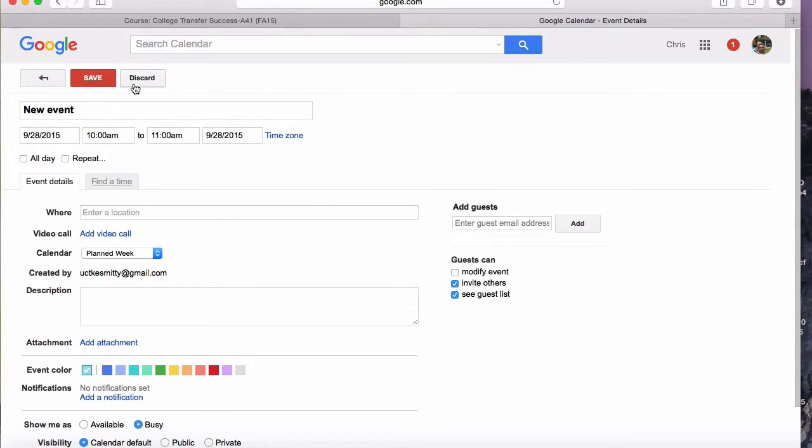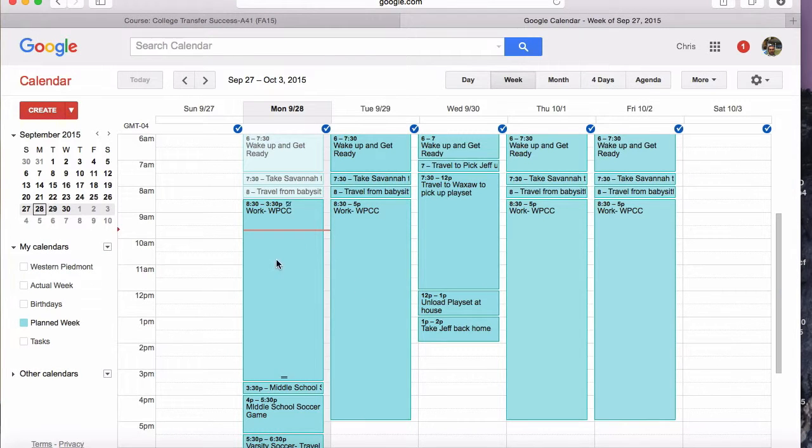I'm going to hit Discard, of course, because I'm not actually creating one right now. But you see all those events are on my calendar. Then the goal is, once you've finished, to go back in and enter your actual activities, what you did, track after you planned it. At the end of the day, go back through and say, well, I was supposed